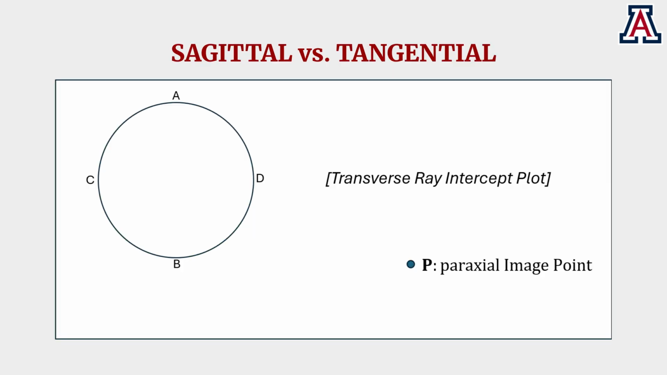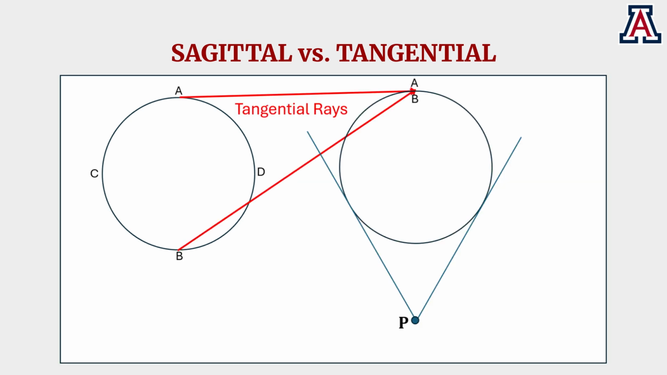To analyze coma, we use a transverse ray intercept plot, which shows where rays from different pupil points land in the image plane. Points A, B, C, and D represent different locations across the pupil, and P is the paraxial image point, which serves as our reference. First, consider rays in the tangential plane, which contains both the optical axis and the field point. Rays from pupil points A and B map to positions that are shifted upward relative to P, producing the elongated